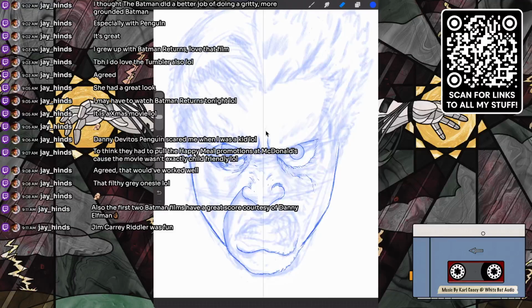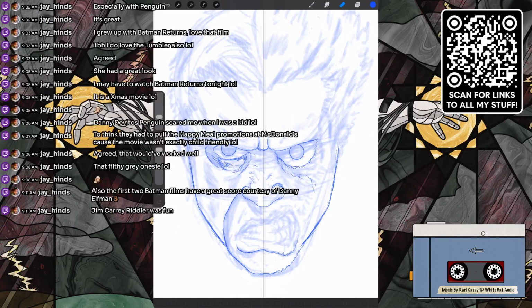I think a lot of people didn't like that he was being Jim Carrey. It's like, well, that's the old version of the Riddler. That's the Adam West version of the Riddler, the Frank Gorshin version. That's what he's doing. Now, here's the thing that's interesting: Tommy Lee Jones, Two-Face. I think they did a miserable job giving him a backstory. They really rushed it. But I'll be honest with you, I like the look of that Two-Face.